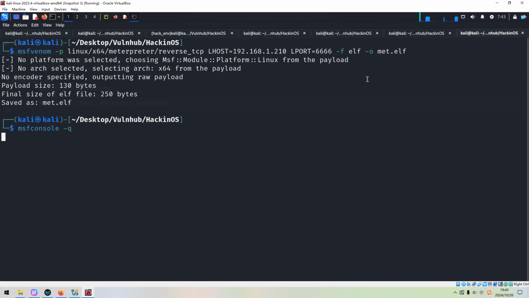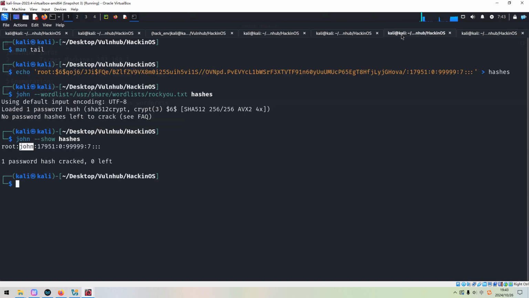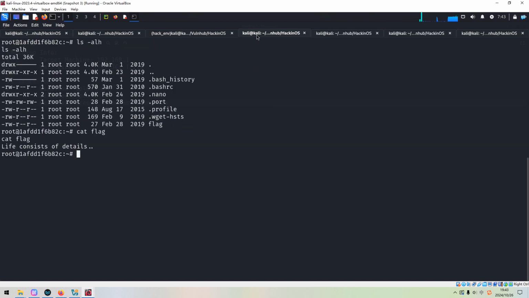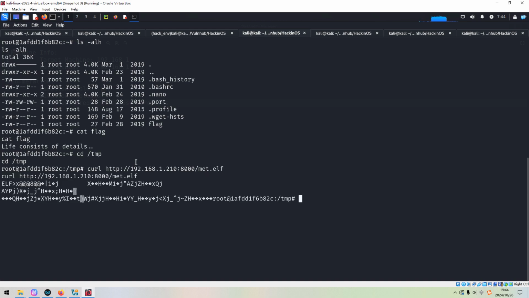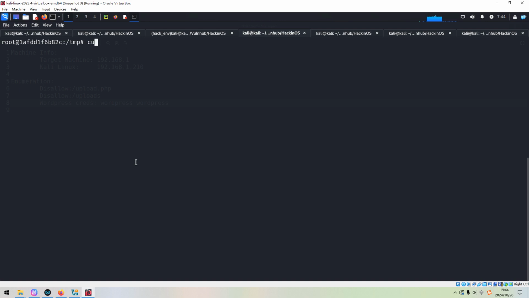In the meantime, we can upload this file to the target. Here, we can go to the temp directory. Then we can use, okay, no wget. Curl, and oh, my bad, we need to use the -O option.